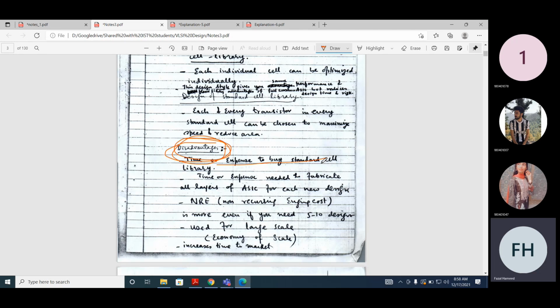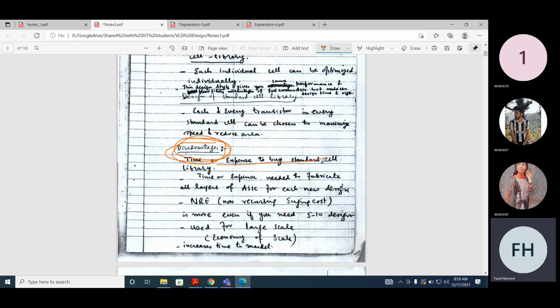Whether you want to fabricate a single chip or 1 million chips, you need to pay a fixed price. Let's assume you do it for full custom ASIC or cell array-based ASIC, and even if you want 5 chips or 1 million chips, you need to pay 50,000 bucks.